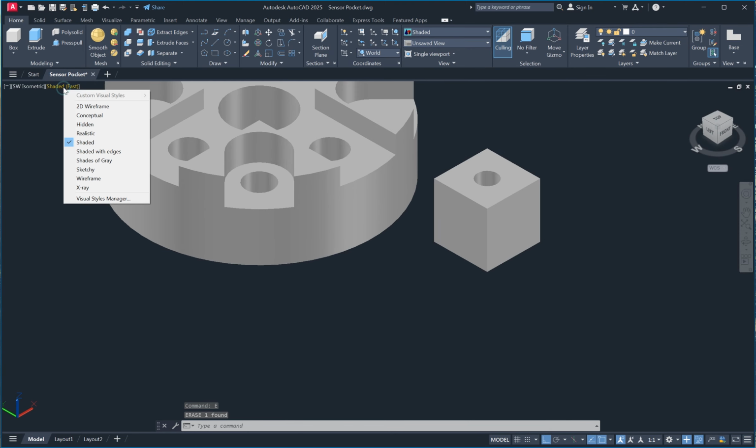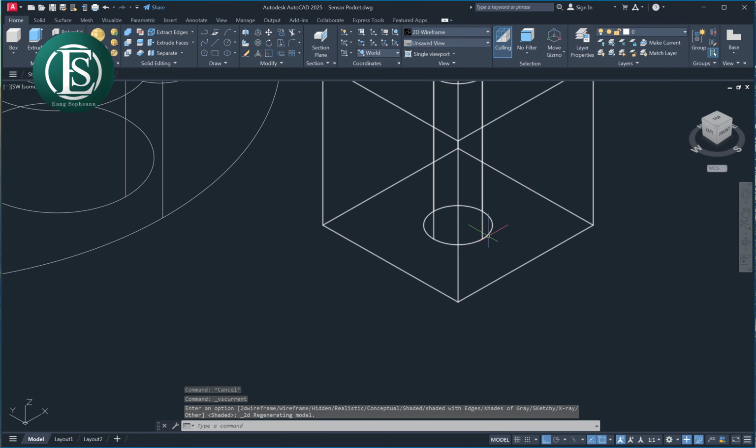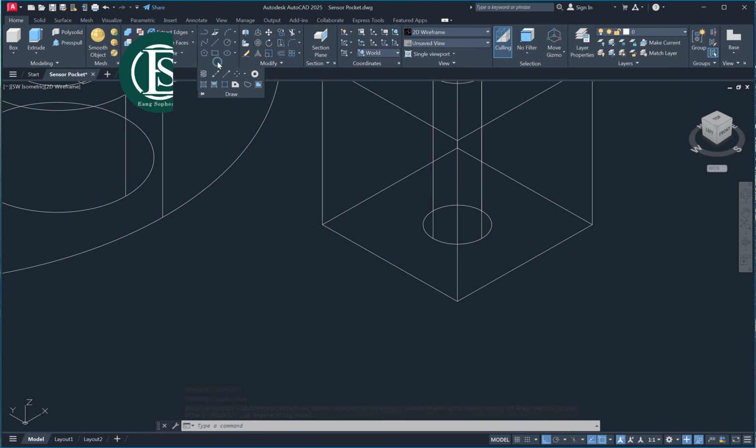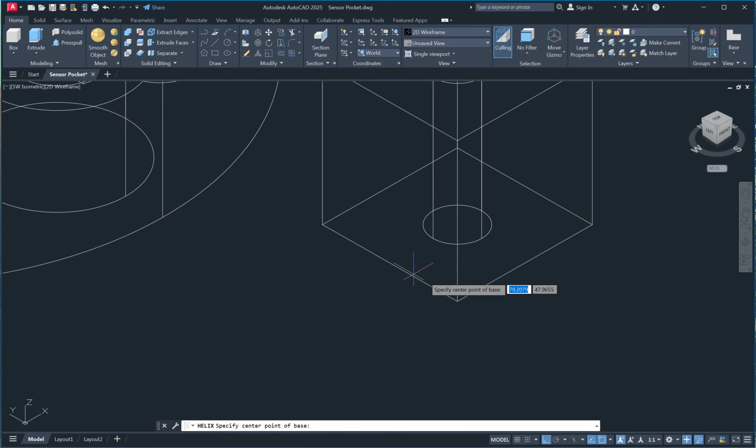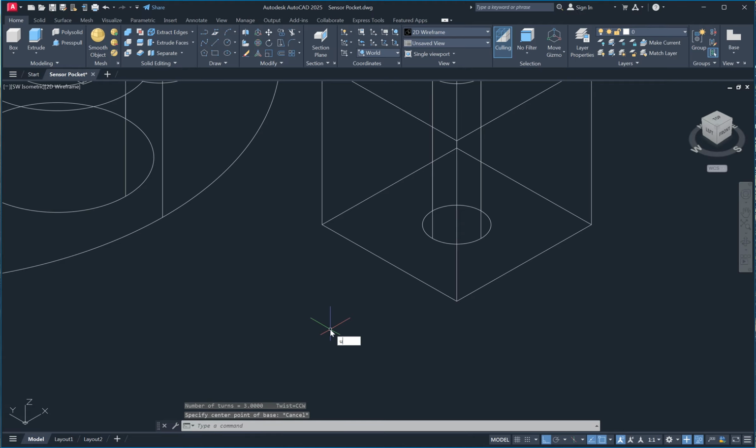So we go to the wireframe, and here we go to draw and select. So we need to disable UCS, detect UCS, detect here, give 0, enter.